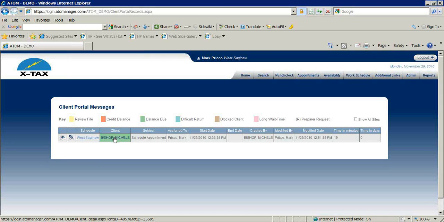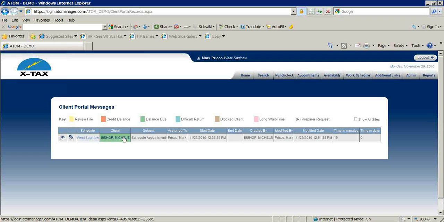One other thing I wanted to point out, right here it says created by Michelle, modified by Mark. The reason this is highlighted in green is because Michelle must have a balance due. So prior to answering a portal message, if they owe you money, maybe you don't want to answer. If they're asking you for tax advice and they still owe you money, you may want to think twice before you answer their message. Maybe your message coming back to them would be, I'll gladly give you that information if you could please settle your bill,